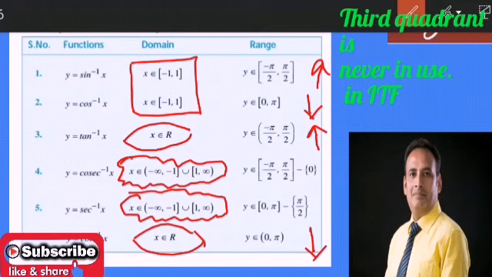Now, once again, check cosec inverse x and sec inverse x. What we see is that the domains of cosec inverse x and sec inverse x are the same: minus infinity to minus 1, union 1 to infinity, whereas the range of cosec inverse x is minus pi by 2 to plus pi by 2, closed interval, difference is 0. At 0 value, 0 is not a value of the cosec inverse.